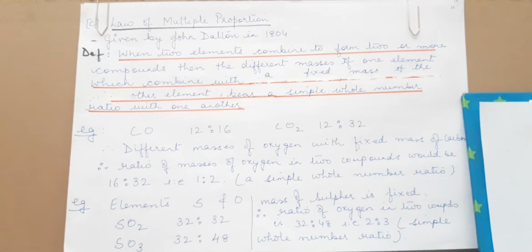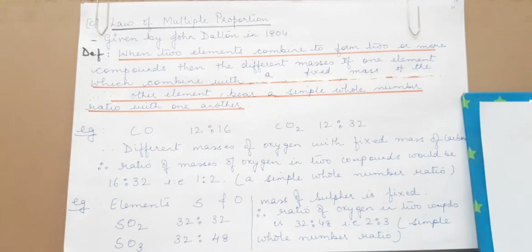Welcome back, students. I hope you have understood the previous two fundamental laws that we had done, the law of conservation and the law of constant proportion. And I hope you have solved the numericals that were given. Today we'll start with the third law, that is the law of multiple proportion, which was given by John Dalton